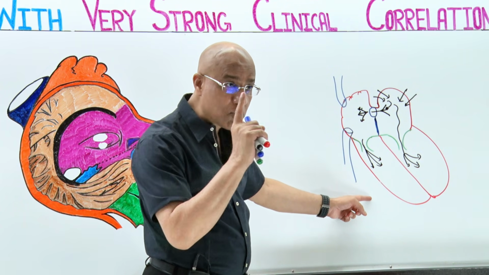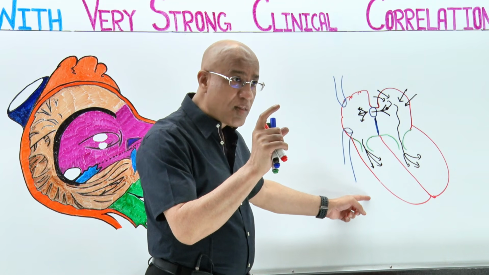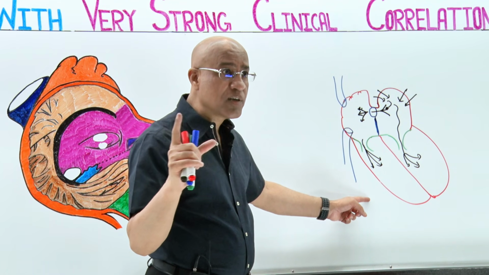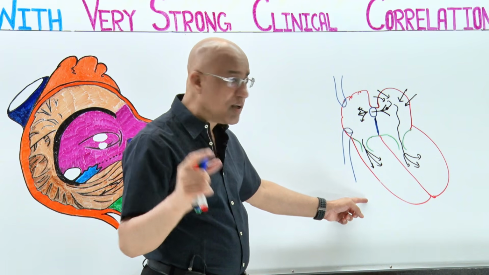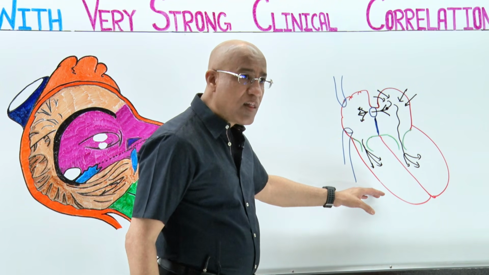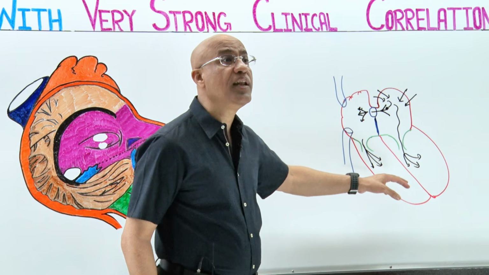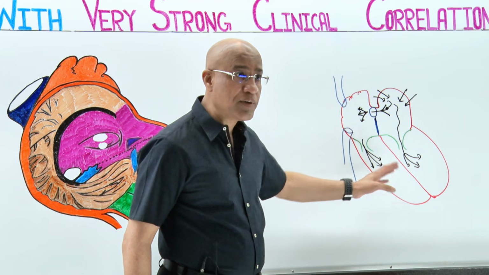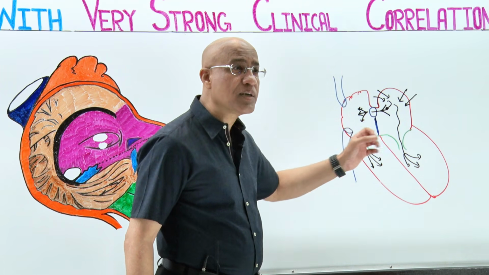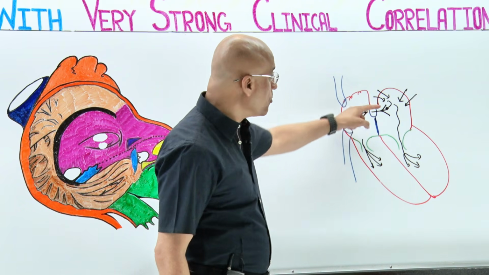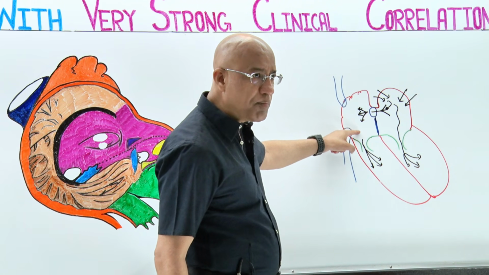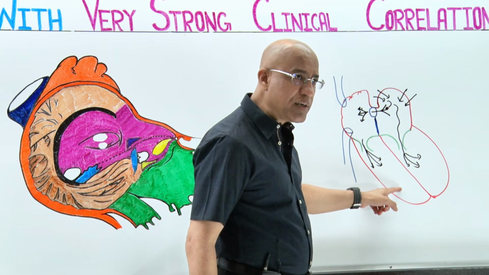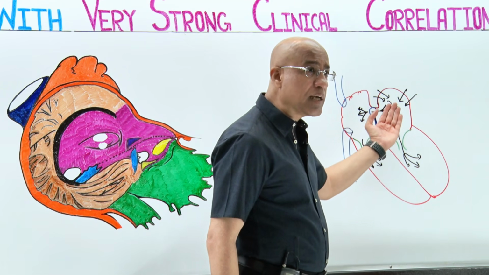But when there is volume overload, hypertrophy and dilation go almost simultaneously. So these two chambers enlarge and even right ventricular failure can occur. Why will the right ventricle fail? Very simple: because more blood is coming to the right atrium, more blood to the right ventricle, overflowing chronically and persistently